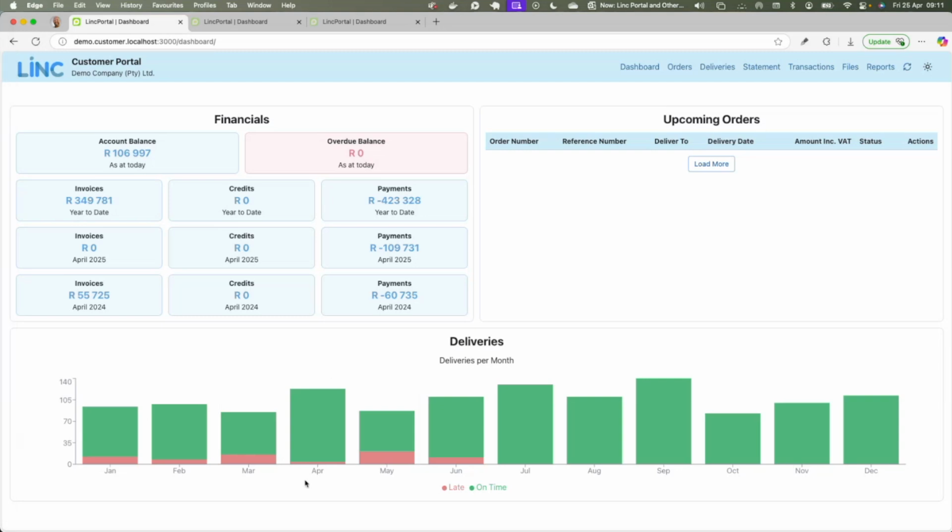The graphs and the data we can show here, and the information in this financial section, especially with our new portal and framework, make it easy for us to add new information. So if you have a request, we can certainly add it here, different graphs, more graphs, etc. So this is the dashboard.